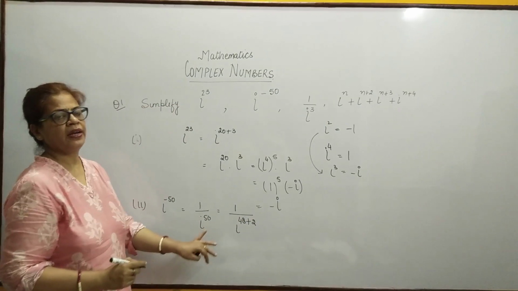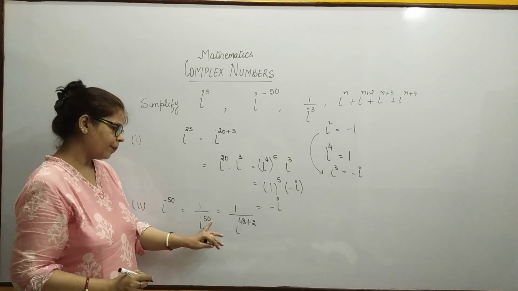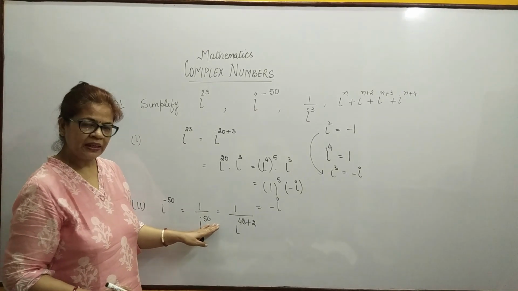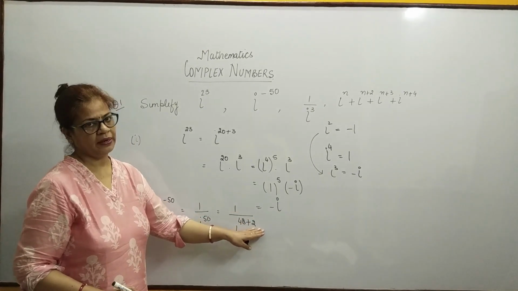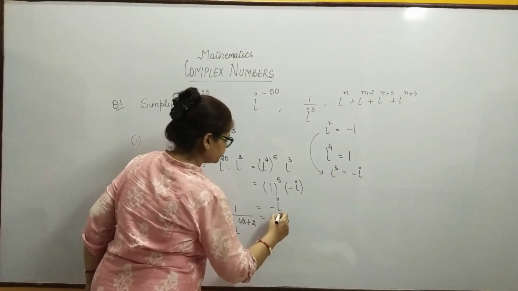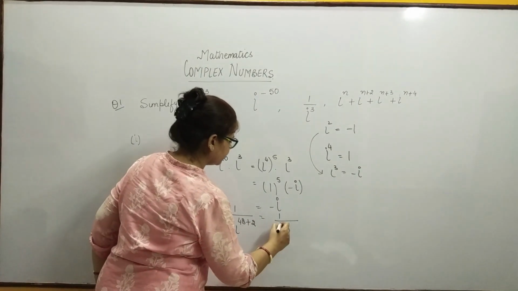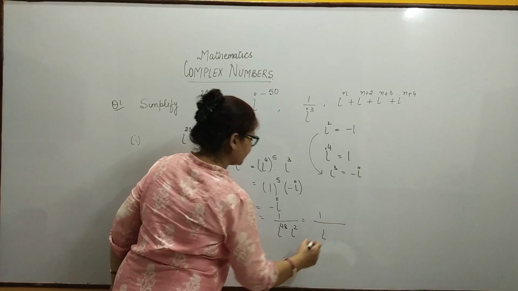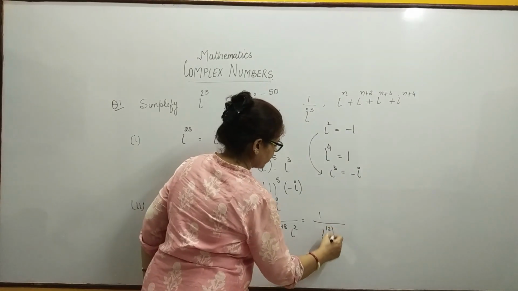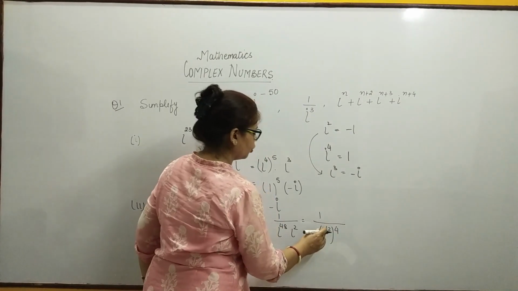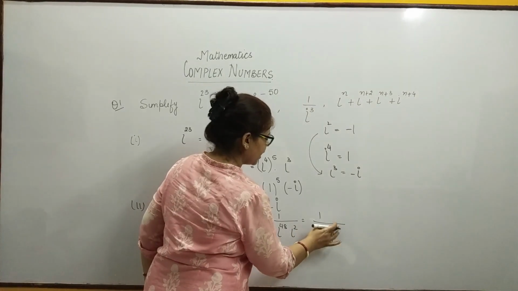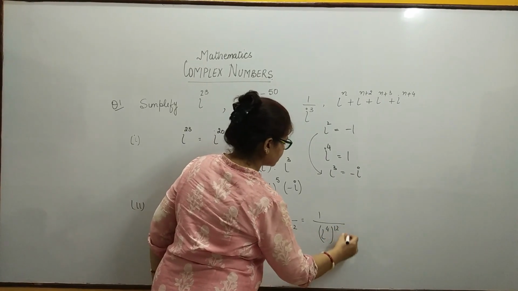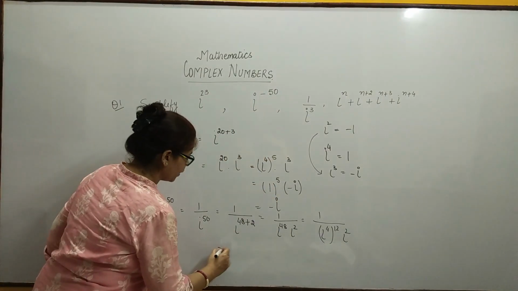आप हमेशा जो भी कोई पावर है उसको आप 4 से डिवाइड कीजिए, और अगर आप 50 के 4 के मल्टीपल्स लेंगे, आपको अच्छी तरह मालूम है 2 रिमाइंडर आएगा, राइट? आपने i raised to the power 48 और i raised to the power 2 को सेपरेट कर लिया. 48 can be written as i raised to the power 12 into 4, right? Or you can say i raised to the power 4 raised to the power 12, or i square as it is. Now put the values of i to the power 4 and i square.